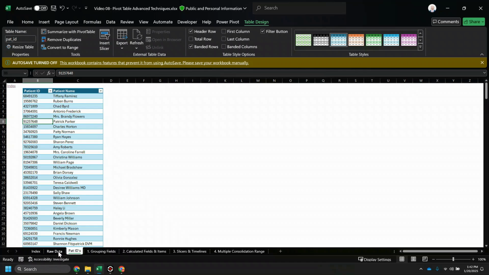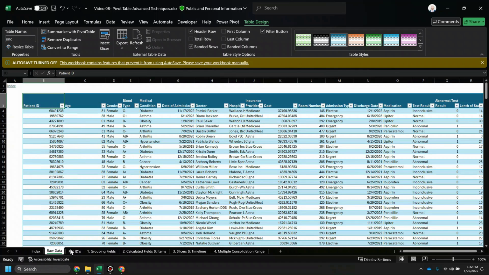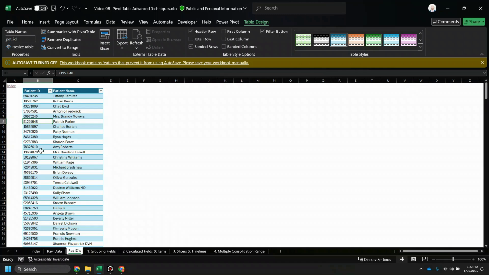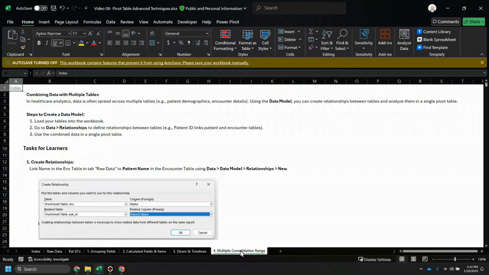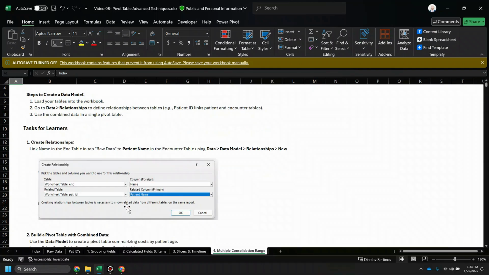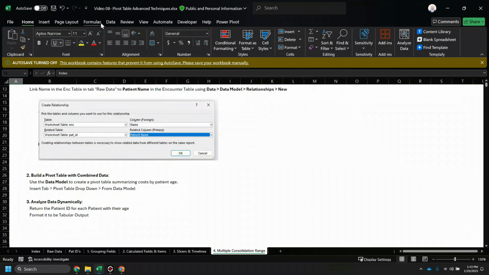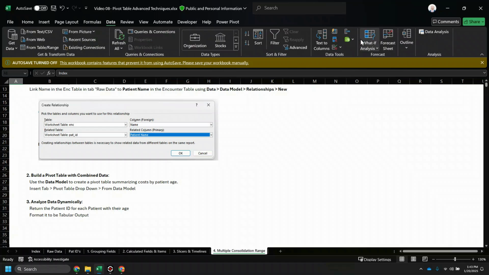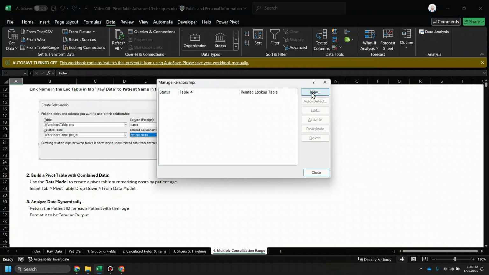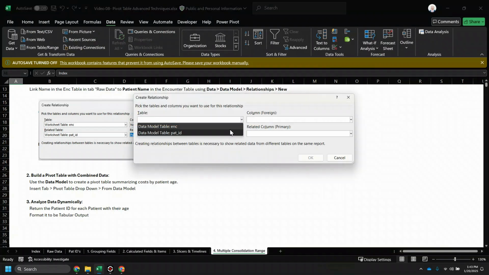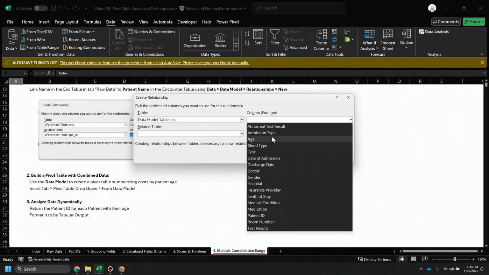This is a really common need for me. I know I have this available to me in another table, and I can connect it through the ID, which is a patient ID. So instead of doing a VLOOKUP, I'm going to go ahead and utilize a relationship. Now, I've pointed out a different relationship here, but you will absolutely see how to accomplish this. It is quite straightforward. So we access it through the Data tab up here in the ribbon. We go to this green icon and come down to Relationships. Say New, and then choose the table that you want to get connected, which is the Encounter table,